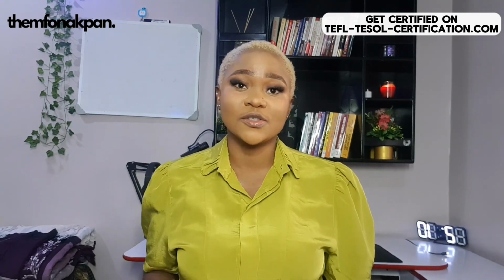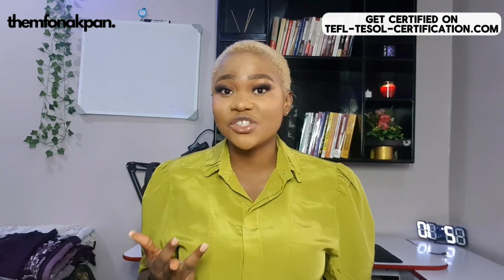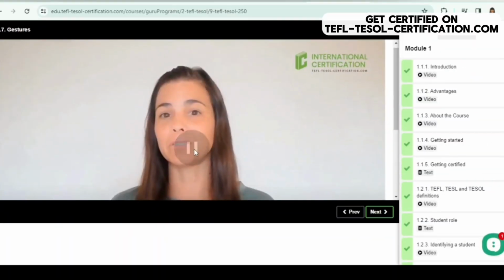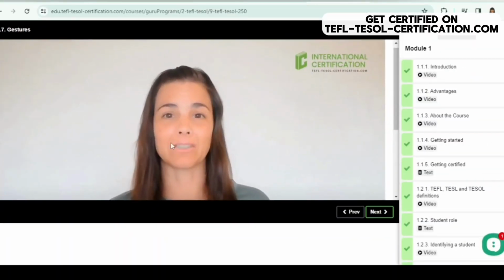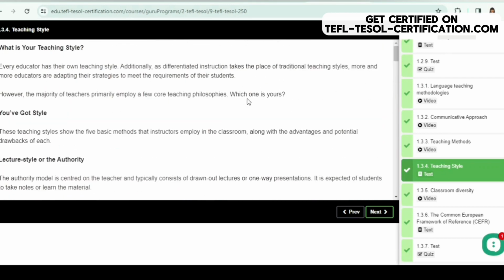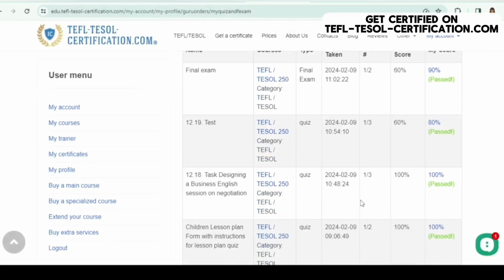Other modules focus on classroom management, grammar, pronunciation, teaching online, and specialized areas like business English and teaching young learners. Learning materials are video, audio, and text files. Summative assessments are interactive tests at the end of each module. There is also an exam, which is creating lesson plans.